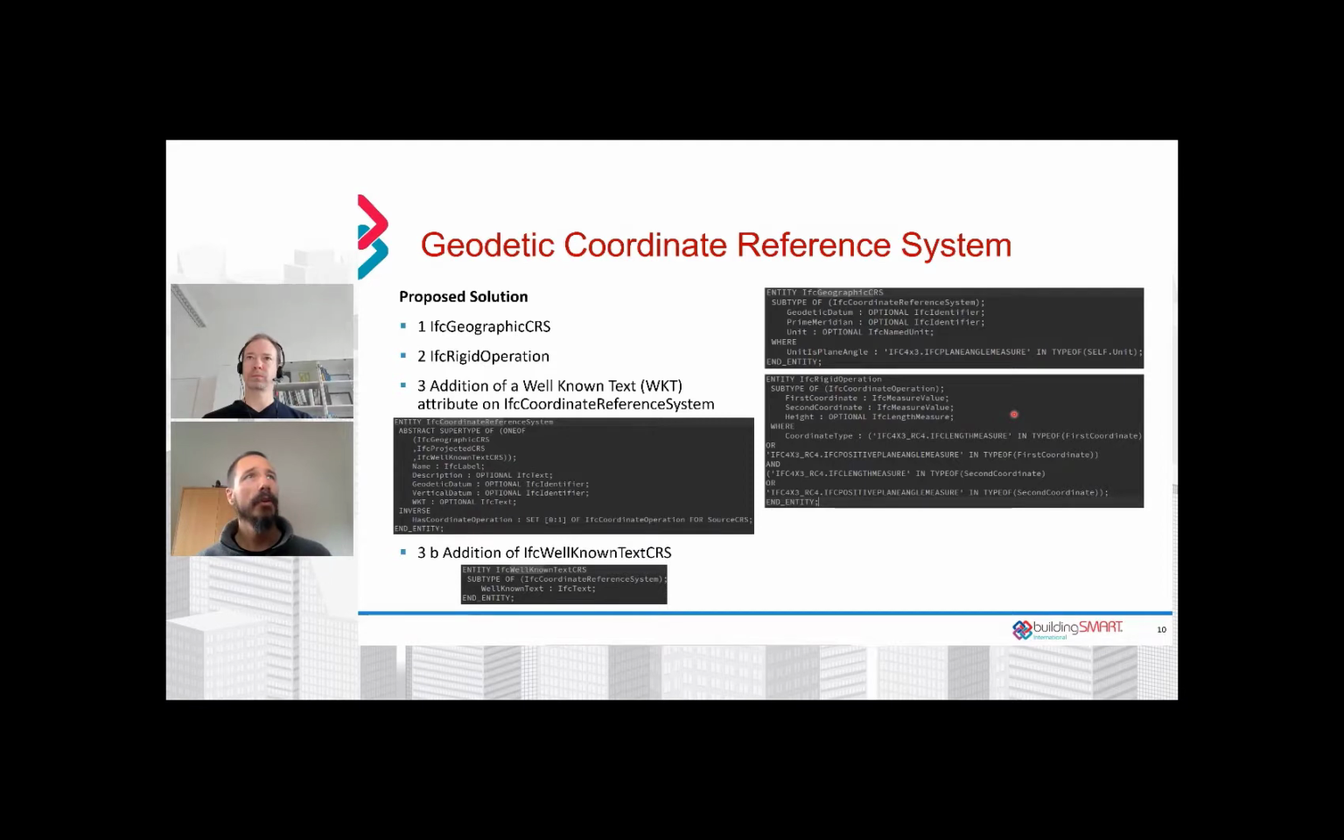The third addition or modification here is the introduction of the well-known text, either attribute or coordinate system. What well-known text does is it gives us the ability to encode coordinate systems, not only coordinate systems, but in our case, coordinate systems in a standardized string format,